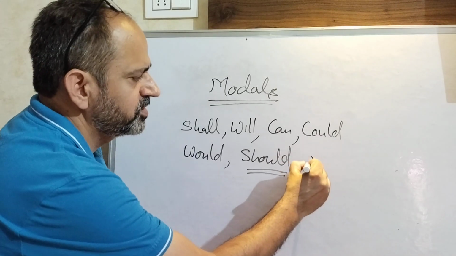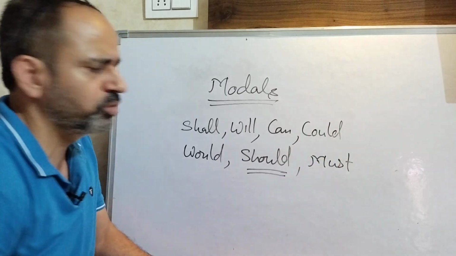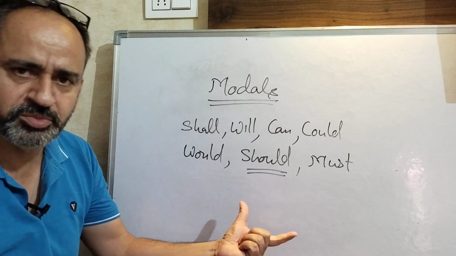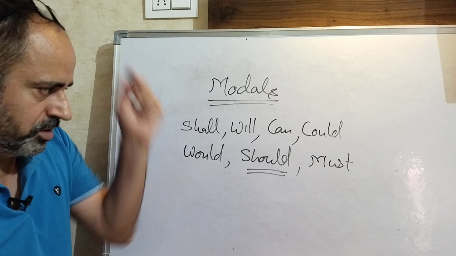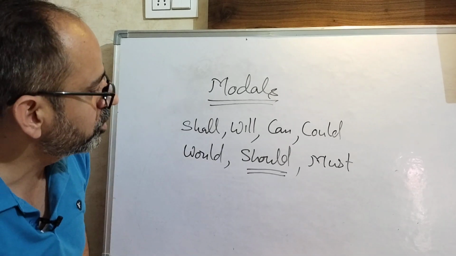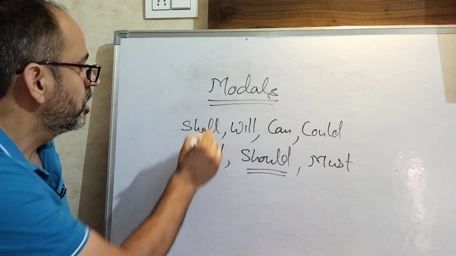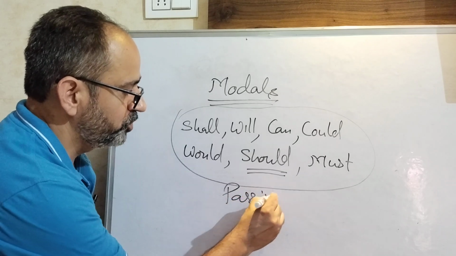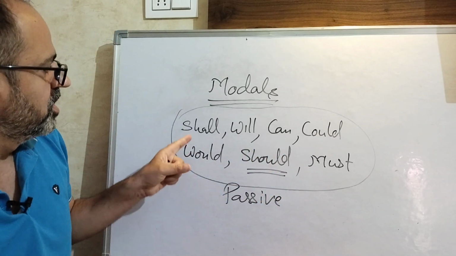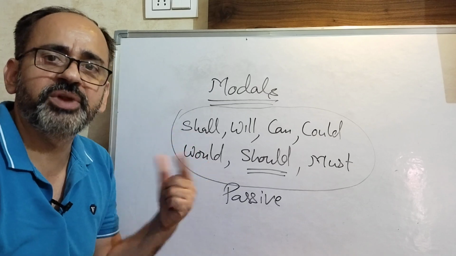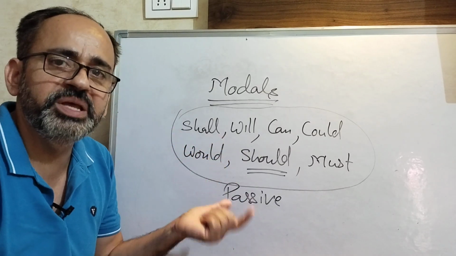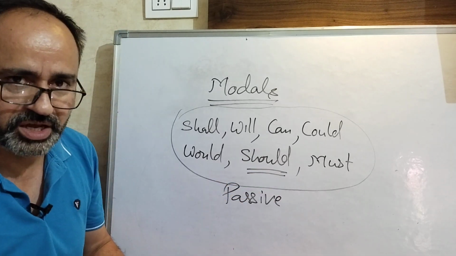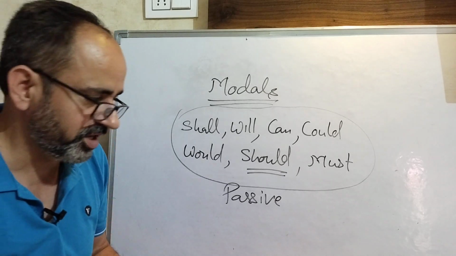Okay, you can also add must, but it's not so difficult to learn. Should and must are almost the same, with just a slight difference, and you can watch my video to understand that difference. Now the next thing you need to focus on, this is also very important. All these modals you have to learn in passive language as well. You need to learn their passive, and they are very easy. Shall becomes shall be plus third form. Will becomes will be plus third form, and in this way they become passive voice. Again, they are very important for you in writing and speaking.